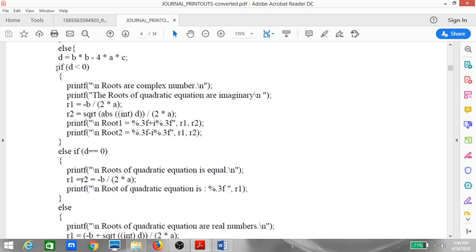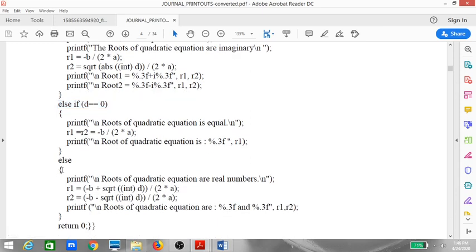Now if this condition is not true, that is d is not less than 0, and d is not equal to 0, that means the else part will get executed. This else is a default case. If you have further conditions, then you can keep on adding else if here. But we have only three conditions. If two conditions are not true, then the third condition is obviously true. That is why we directly write else, and we do not write an else if. If I had another fourth condition, then I would write else if here and the last part would be else. Since I have only three conditions, this will be the default case.